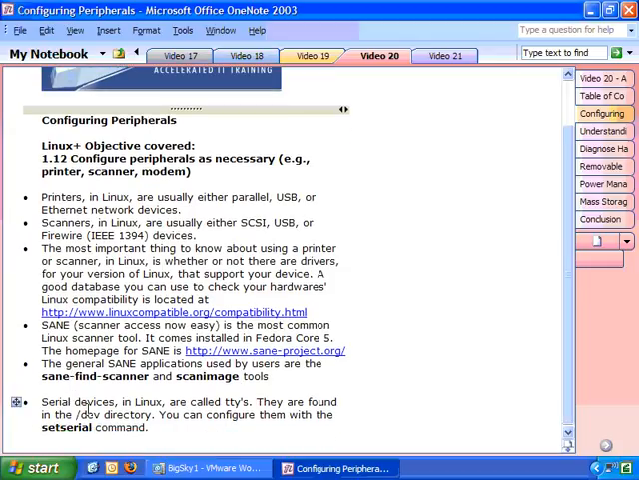Now serial devices in Linux are called TTYs. They're found in the dev directory, as is every other Linux device, and you can configure them with the setserial command. So an example of a serial device would be an external modem that you plug into a serial port. You could also have serial devices that you're using to connect to